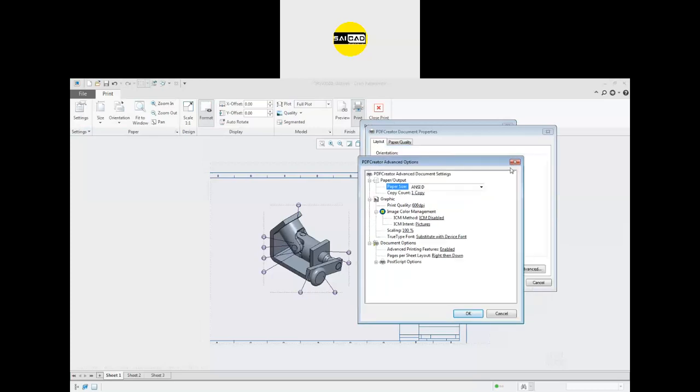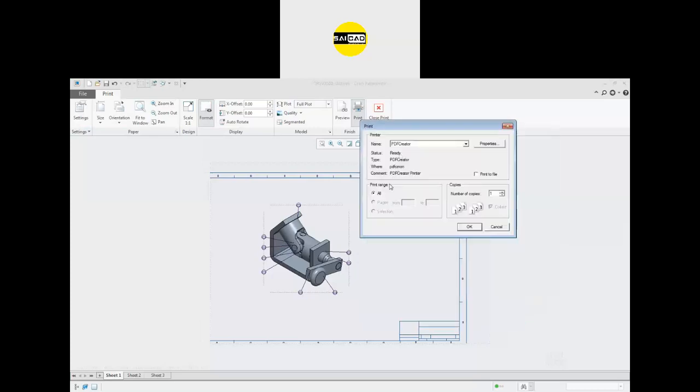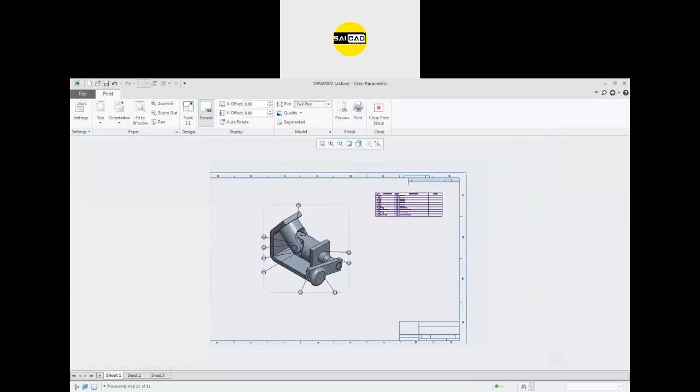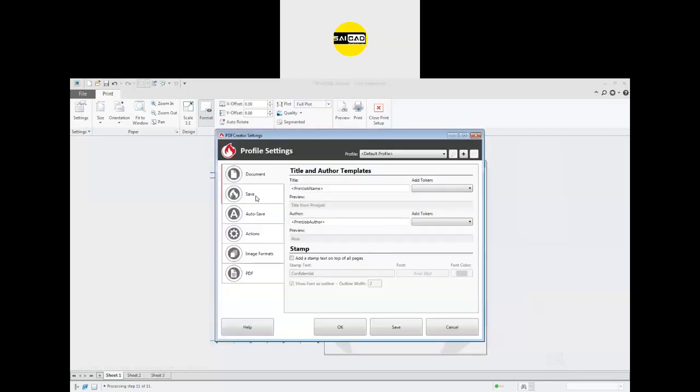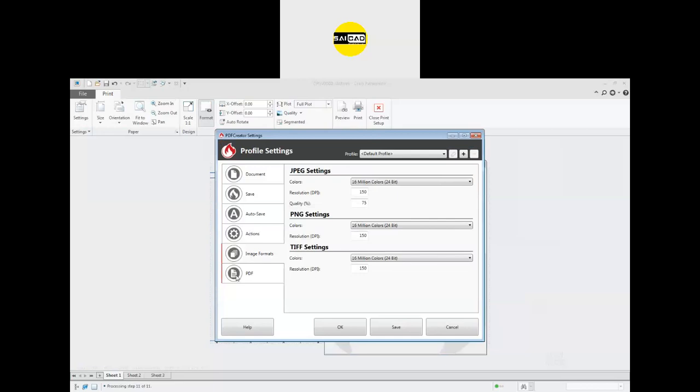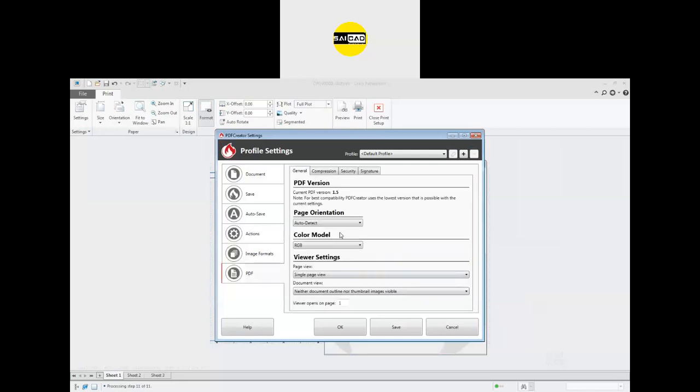And okay, it's auto detect. Select the landscape from here.